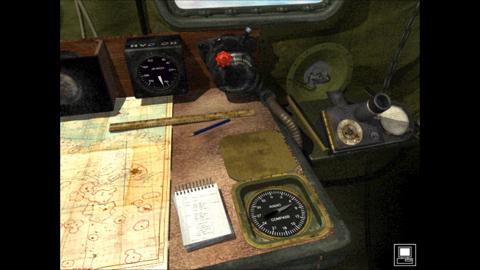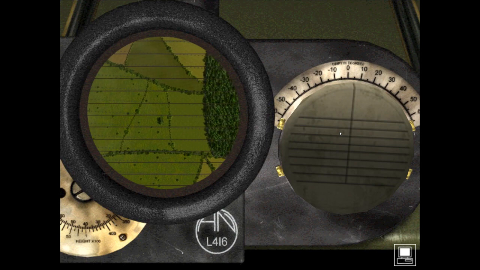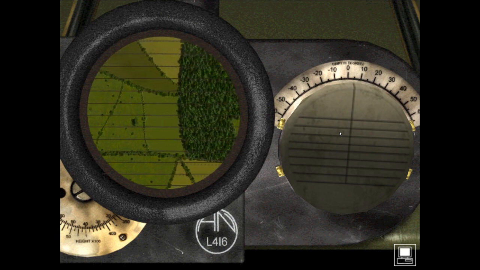On the right hand side here we have what's called the drift meter, and that is actually the navigator's action view. You can't access it by using your mouse from here, but you can access it by pressing the standard A key for the action view. So let's start off here and we'll go through the controls for the